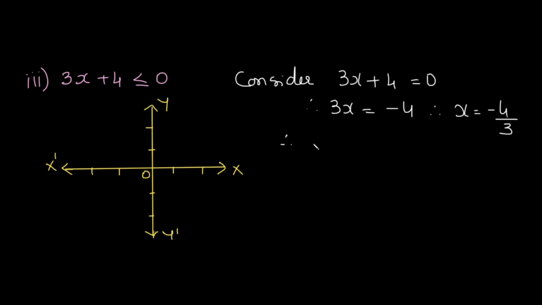We can also convert minus 4 upon 3 into a mixed fraction. If you cannot understand what is minus 4 upon 3, you can just convert it into a mixed fraction. That is, when we divide 4 by 3, we are going to get minus 1 by 3. So it's a mixed fraction. So this is a number. Minus 1 by 3 is a number which comes between minus 1 and minus 2 on the negative side of the x-axis. So our solution set, our graph will come this way.